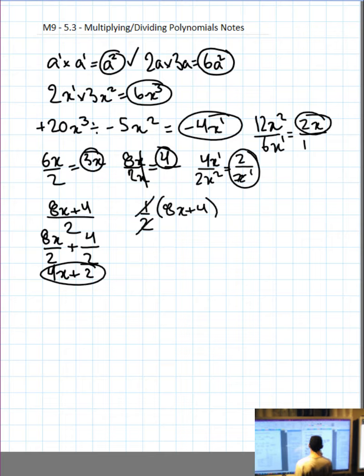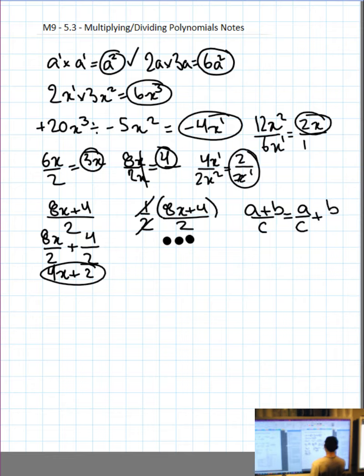We can literally just put this thing over 2, and then it's exactly the same question that we just did on the left. Interesting. So remember, a plus b over c is equal to a over c plus b over c. Because in fractions last year, we went this way, and now we're just going this way, separating fractions. So let's go for